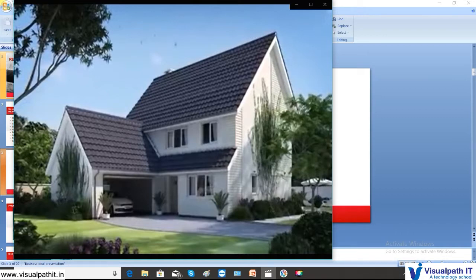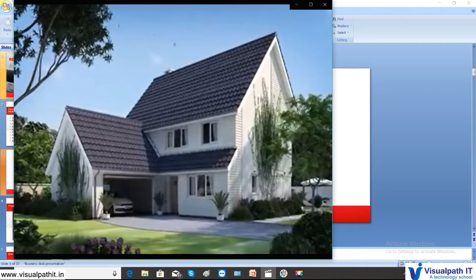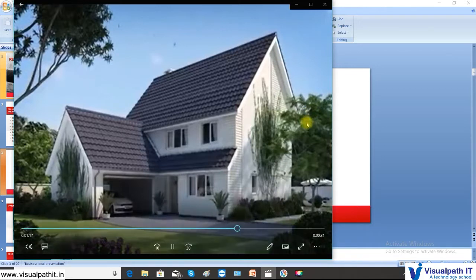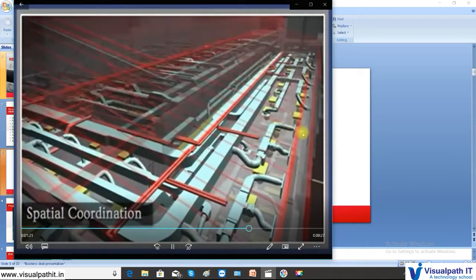And this is when it is done on a large scale. This is done on a very large scale.